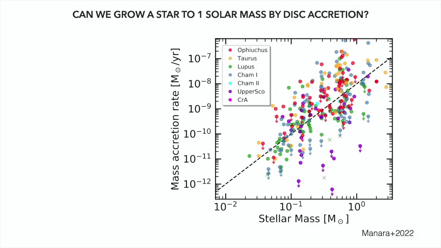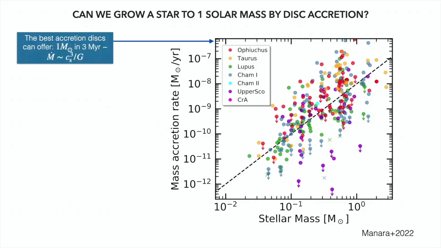Okay, so there's another way of phrasing this. Of course, we don't really measure the mass accretion rate. What we measure is a luminosity from some central region which is thought to be proportional to the mass accretion rate. So this problem is kind of known. We're basically saying that young stars are too faint. This is called the protostellar luminosity problem, which is that they're not all accreting at the rate they would need to grow to feed a star in a reasonable time. Yeah, so this is called the protostellar luminosity problem.